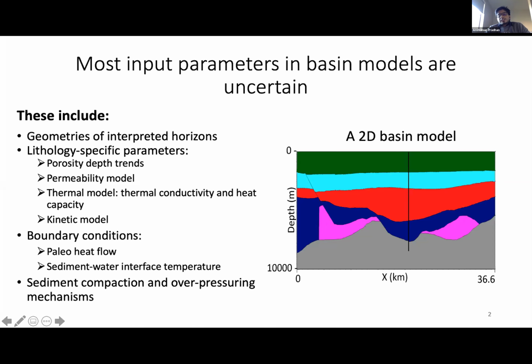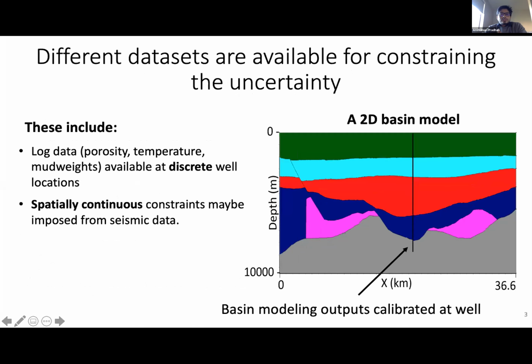While there is a lot of uncertainty, the good news is that we also have several data sets that can help us reduce this uncertainty. For example, we have data at the well logs, for example, porosity logs, the temperature logs, or the mud weights, which are direct measurements of the properties of interest, and we've been routinely using them for calibrating our basin models. Note that these well logs are available at discrete locations, so they cannot reduce the